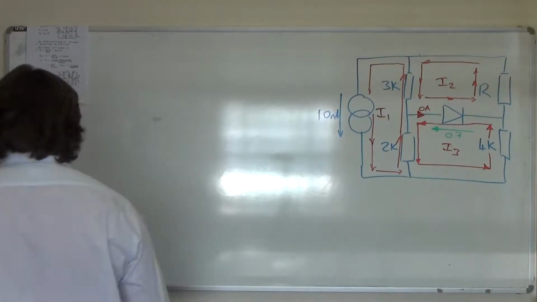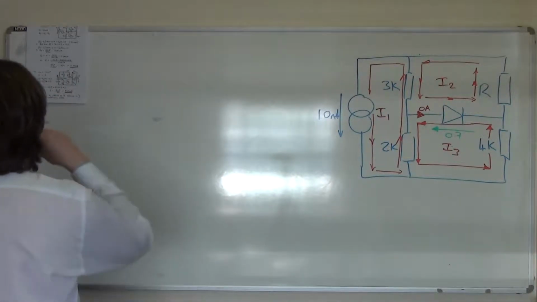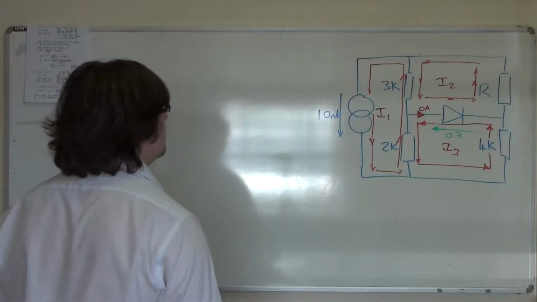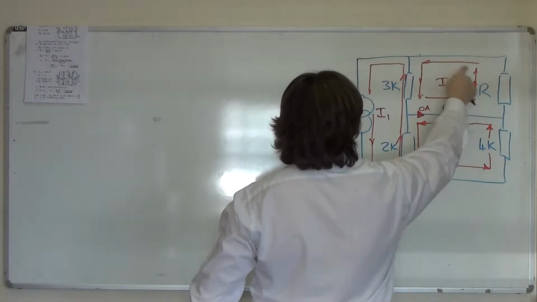Alright, so then we can write out the voltages around the loop for I2. So we're gonna write out what's going on here,